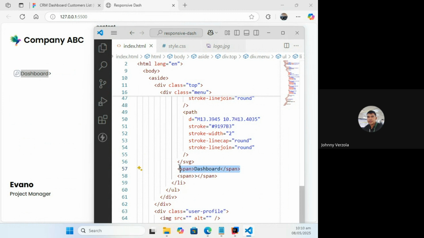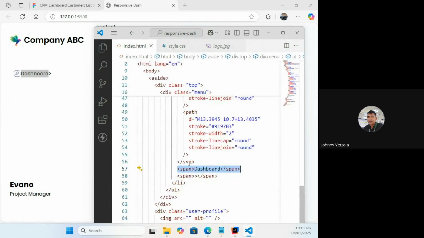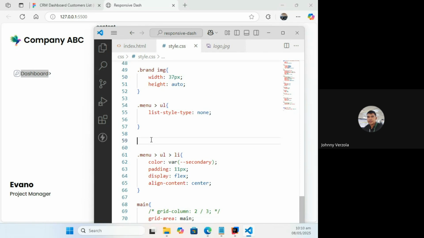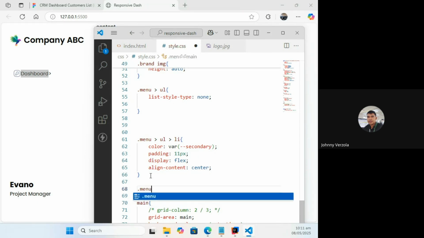How can I, Mr. Ortega, I'm going to give you a chance to answer already. How can I target this? How can I target that in the CSS? This one. The parent is basically this. I give you a hint. This is the parent already. Now I want to target the second child. Isn't it? We have a pseudo selector pertaining to the first, second child. Do you still remember? So I'm just going to put in here already UL and then LI. And then what is the pseudo selector that I can use?